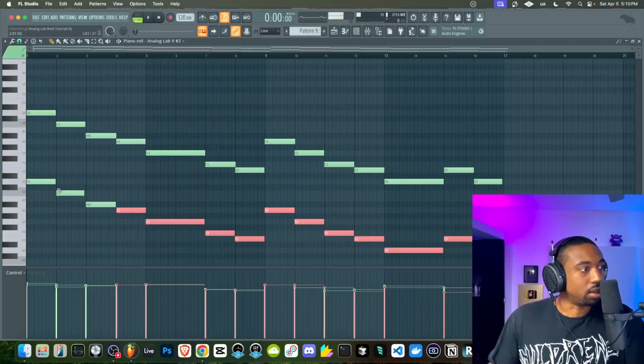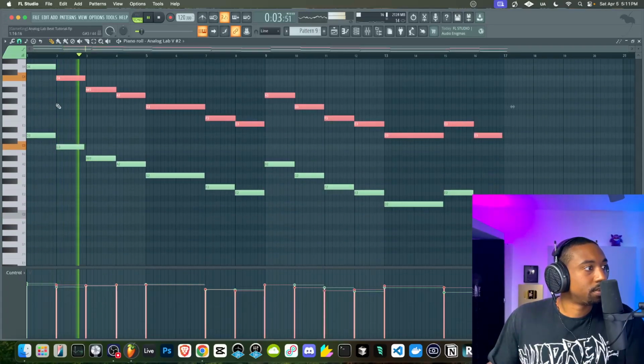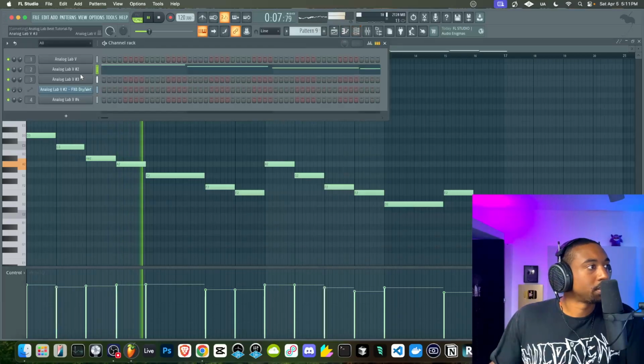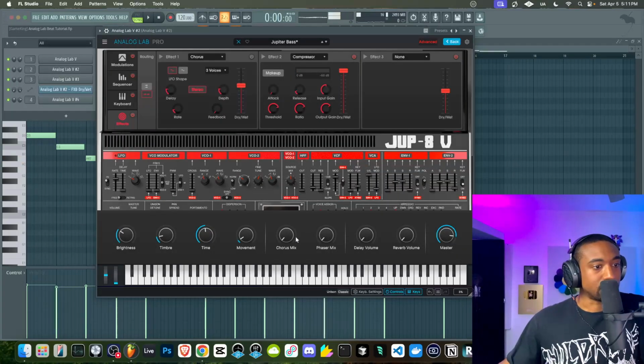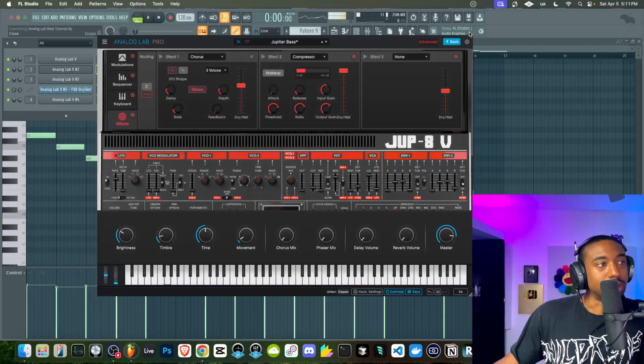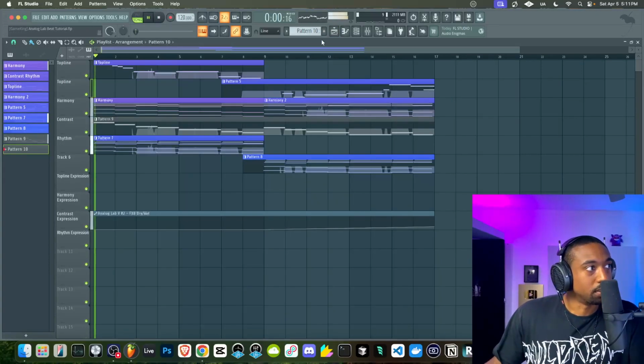Let's take out that bottom layer. Yes, it's not the same. Let's do 1 octave instead of 2, because I think it was just causing too much conflict. All right, that was a lot of sound design, but as you guys can see, if you learn these plugins, you can go in and tweak them.